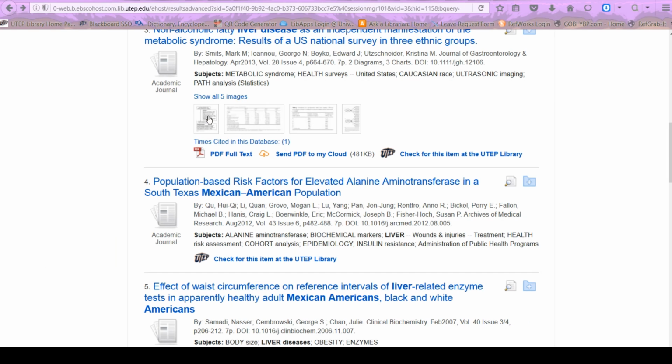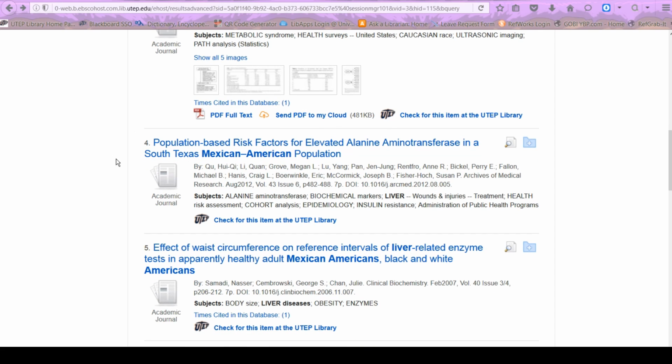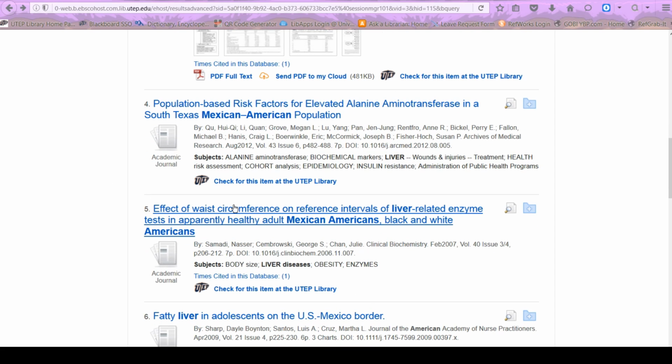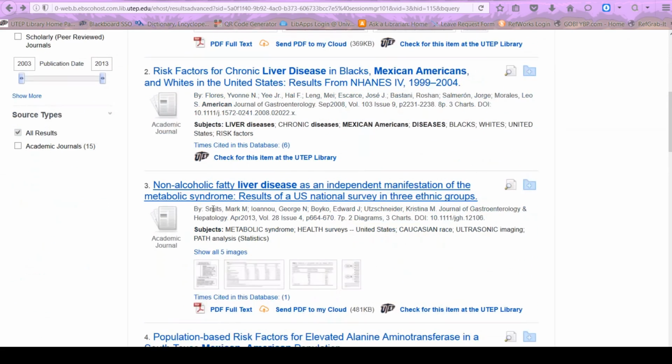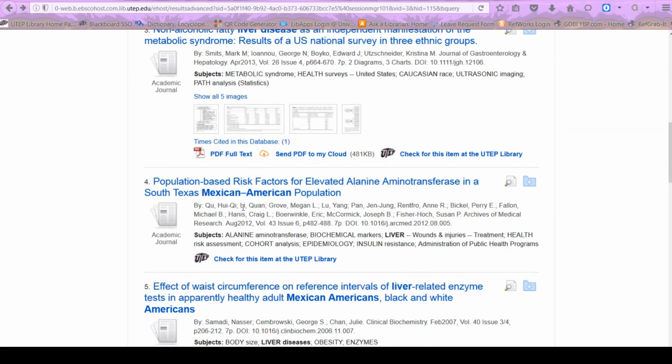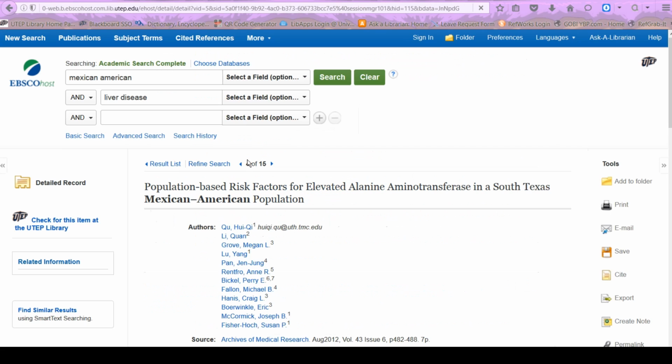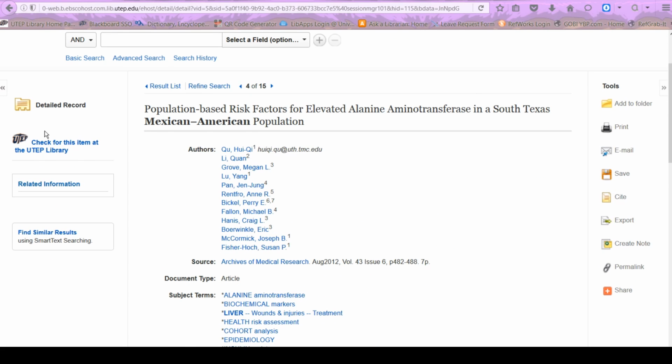When it doesn't have that option, it'll give you this icon, which will give you the web bridge. So if you click on full text, it won't show this. These will disappear because they're not full text. So let's say I want this one. It didn't give me the full text, but you would click on check for this item at the UTEP Library,